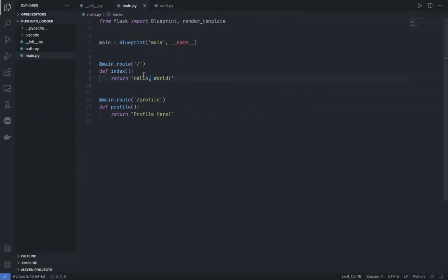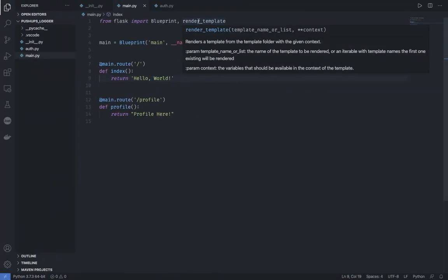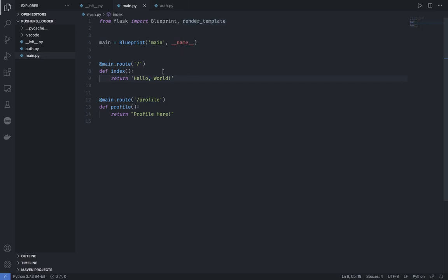And now let's see what render template is all about. So render template is used to actually show up HTML files using Flask. And how do we do that? So first we need a folder with name templates. The name of the folder has to be templates. Inside that we need some files. So we need